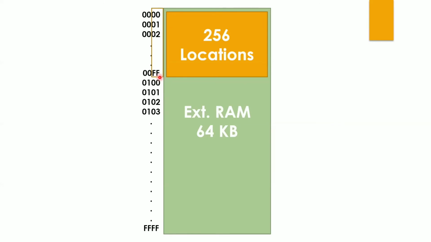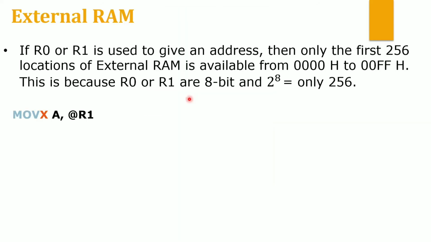That means I can access the first 256 locations of your external RAM with the help of 8-bit addresses, by eliminating the last 2 zeros, because if you put a 0 on the left side of any number, it has no value, right? That's why I will use the first 8 address bits, that is your 8-bit addresses, to access the first 256 memory locations. For that, I will use R1 and R0. Now we understood why we are using R1 and R0 to access the external memory.